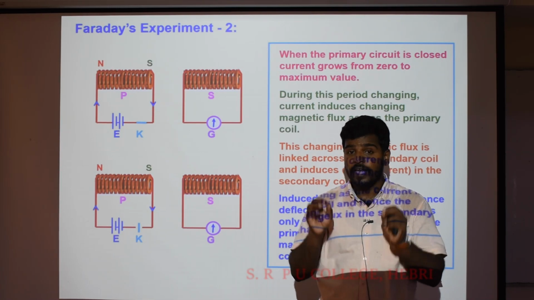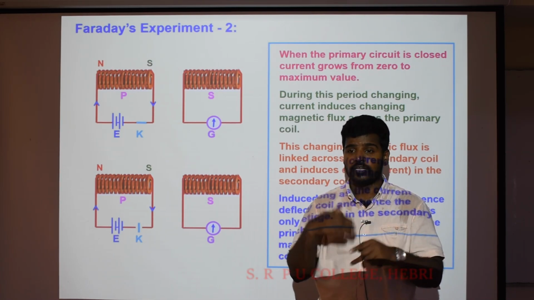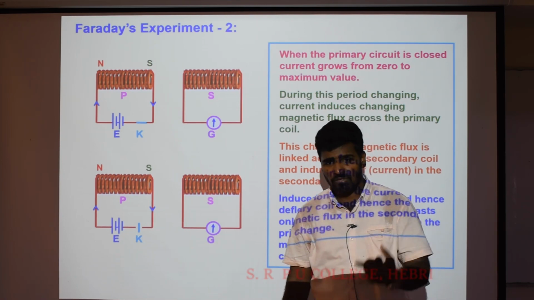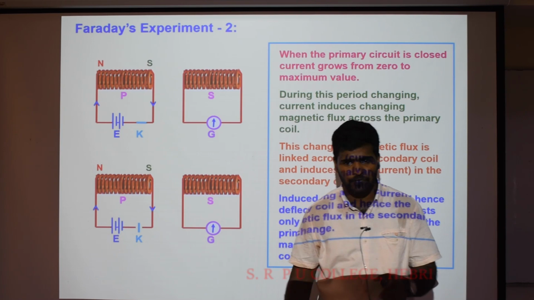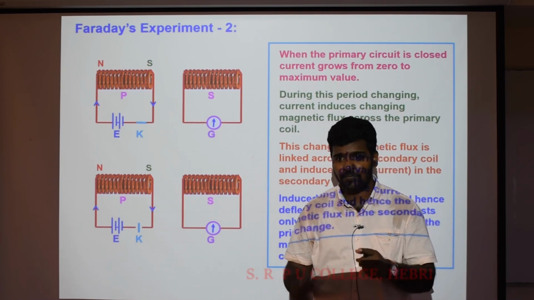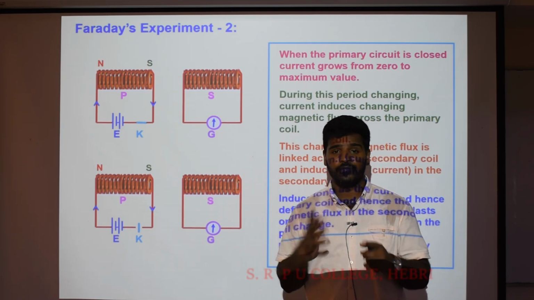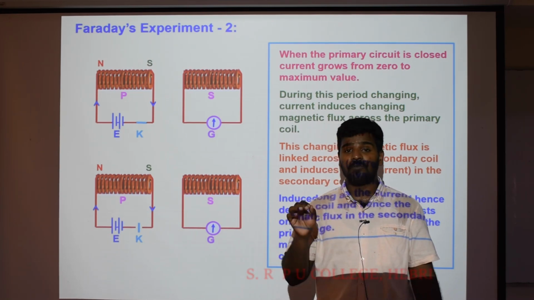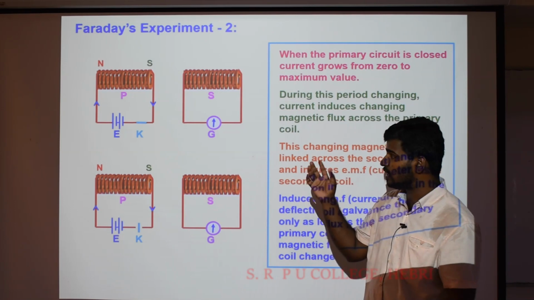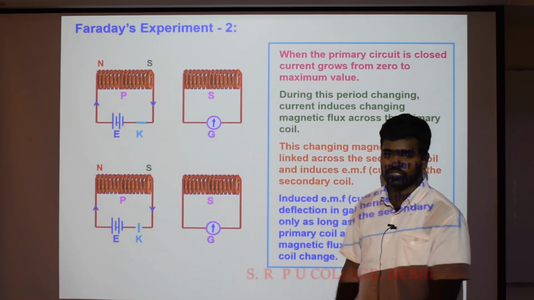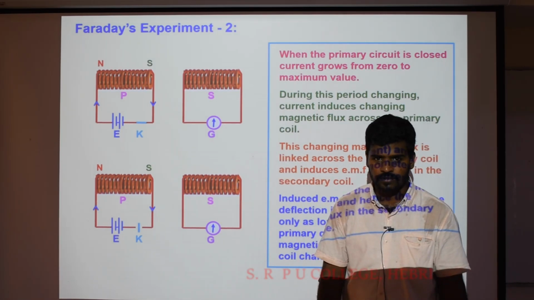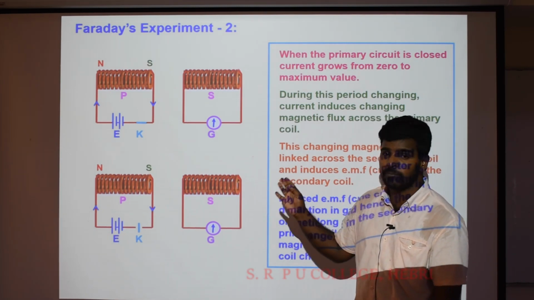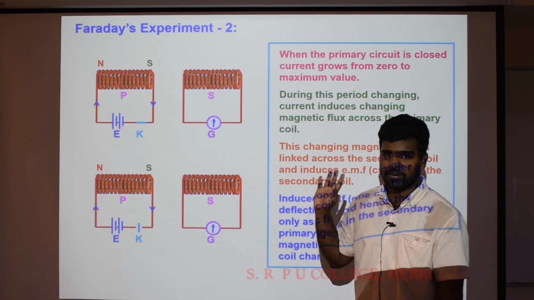Children, remember, each time what we must have is the variation of the magnetic field. Each time, what you do is the variation of the magnetic field that generates an EMF in the coil. Therefore that EMF is calculated in terms of the deflection through the galvanometer. Children, is it clear? This is all about Faraday's second experiment based on electromagnetic induction.